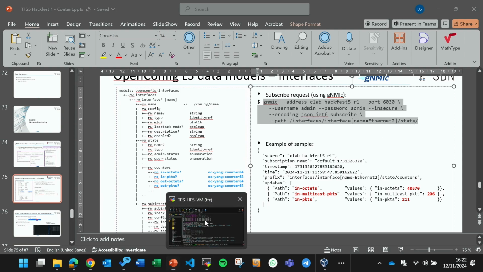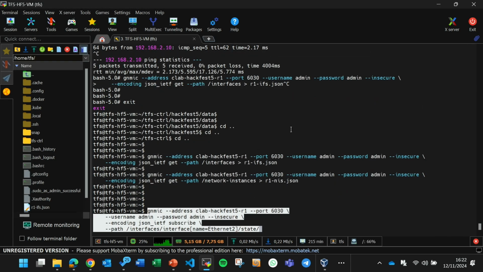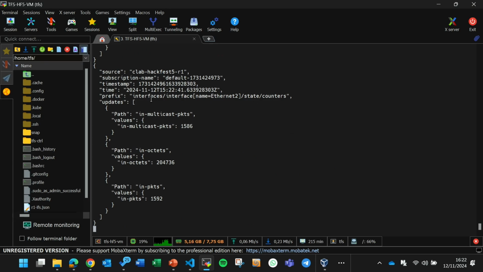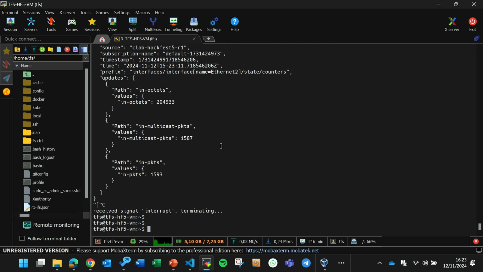If I go here and I paste, then we are getting samples now. You see, for instance, here, this is the last sample, and this sample says that there was 200K in octets, 1.5K in packets, and so on. And periodically, it is updated. And with every update, you get the samples that change. This is nice, but the interesting thing is to collect all this data, process it, and display it